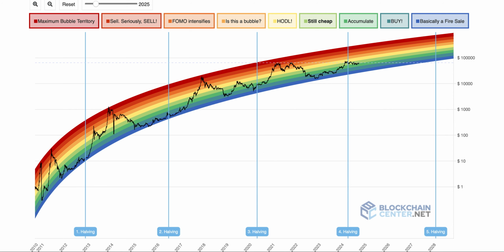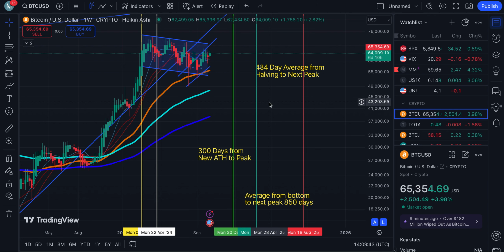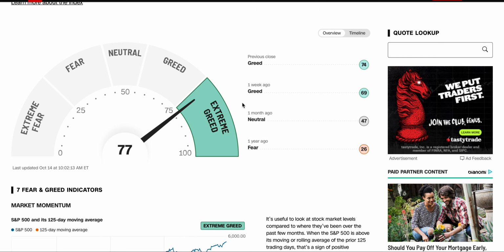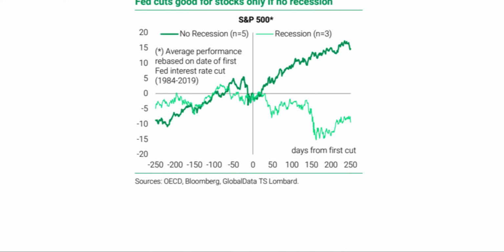So going back over to the chart here and what I was saying before, guys, I don't care about being right as much as I do making money and answering the essential question, is now a good time to buy crypto? Now, there's one of two ways to look at it. One, you could say, holy crap, the market's moved up a lot. Stocks, you guys saw, we are in extreme greed. You saw that we haven't had the election volatility. However, on the flip side, you have seen that even in election years, Q4 tends to be very bullish.